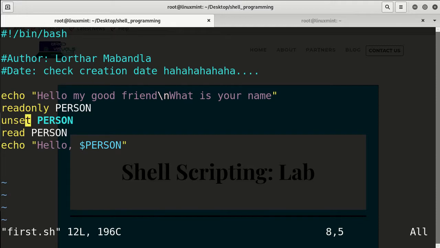So here we have our read only. This is the read only keyword. We use this for setting a parameter to read only. If it's now read only, it cannot be changed. Unset is for unsetting, but when you actually try to unset a variable that is read only, you will fail and you will get an error, and you won't be able to unset. Once it has been set, it has been set. It cannot change.